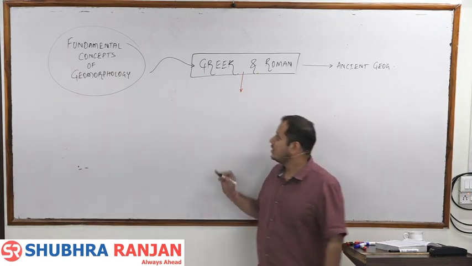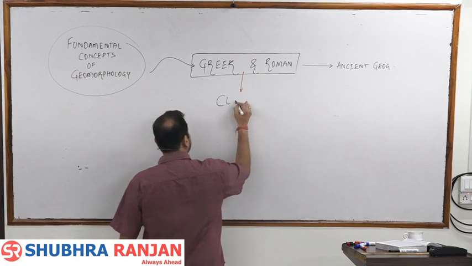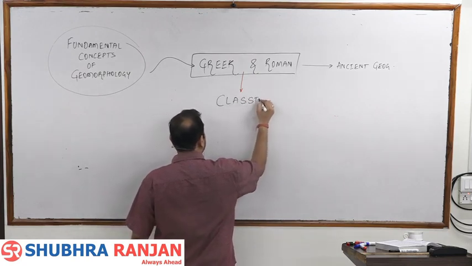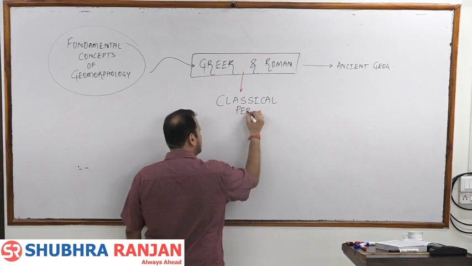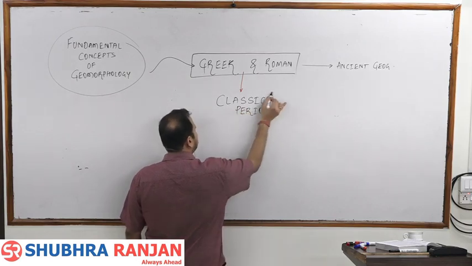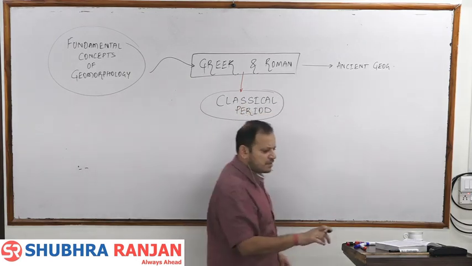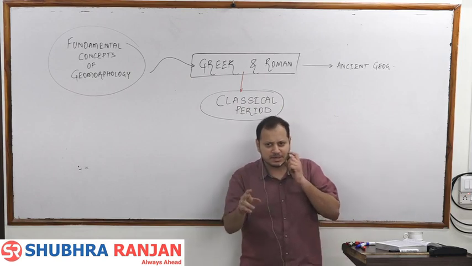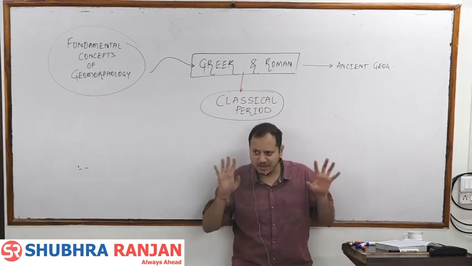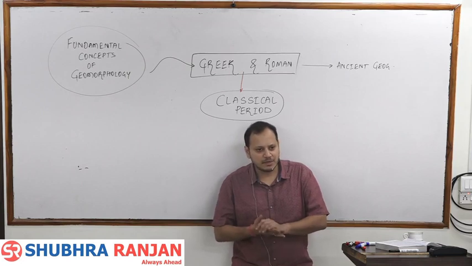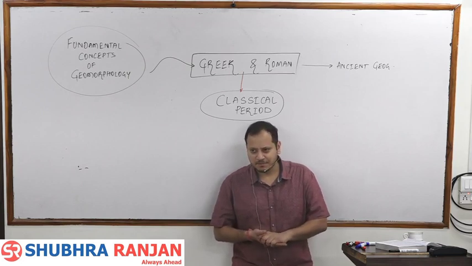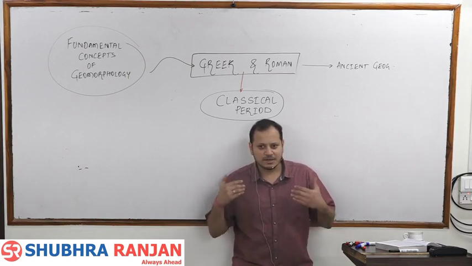Then in the thought, we will come to the next period, which is known as the classical period of geography. It is still an ancient period, but classical because development occurred here. There were two important thinkers. I am not going to make you write anything about the classical period. There were two important thinkers here, Humboldt and Ritter. Both talked in the manner that